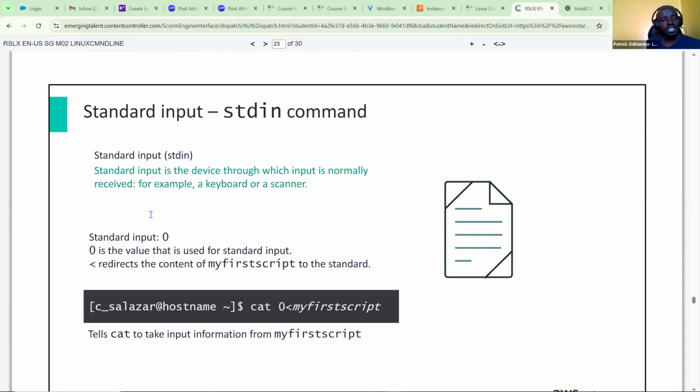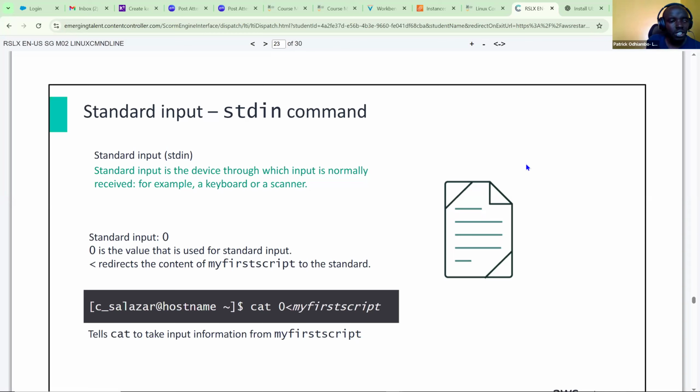Standard input or std_in is the device through which input is normally received, for example a keyboard or a scanner. So if I type something on my keyboard or I use a scanner, whatever is taken into the machine will be taken in through what we call standard in.